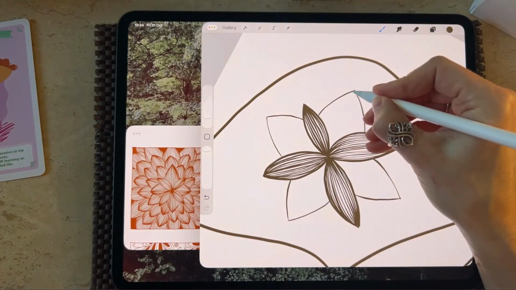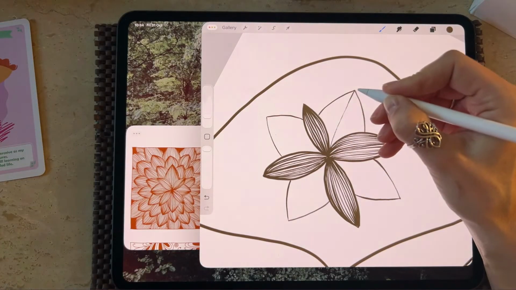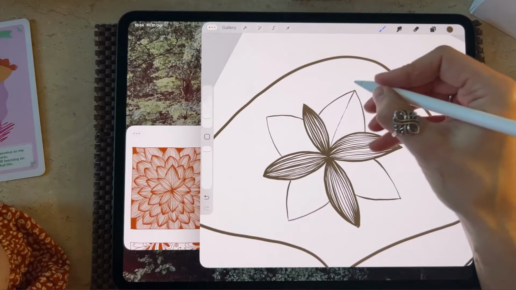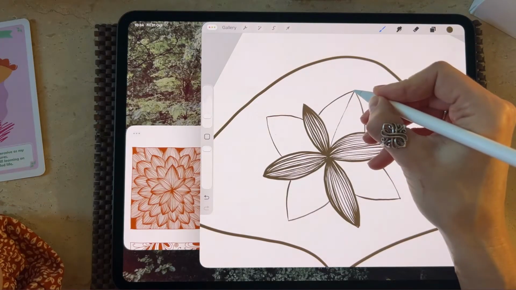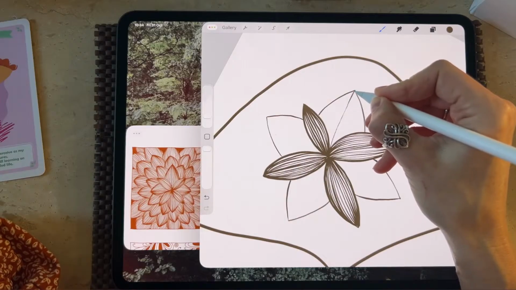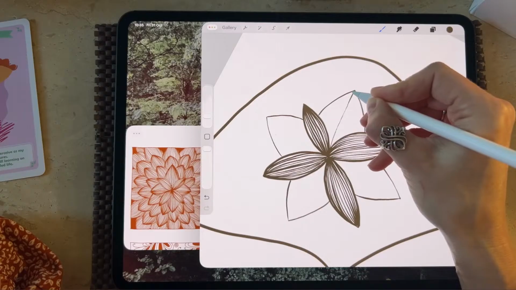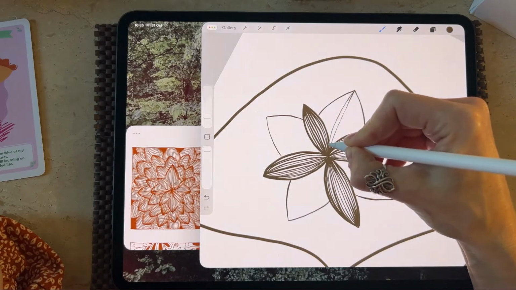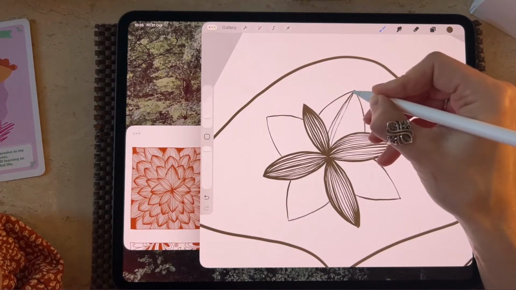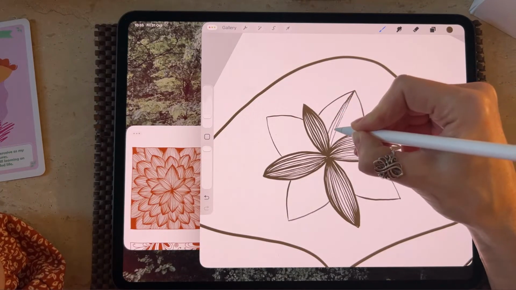Love how nature creates this symmetry. So from this next row onwards, we are only joining the lines, the interior lines, at the outermost point. They don't actually connect at the opposite end.